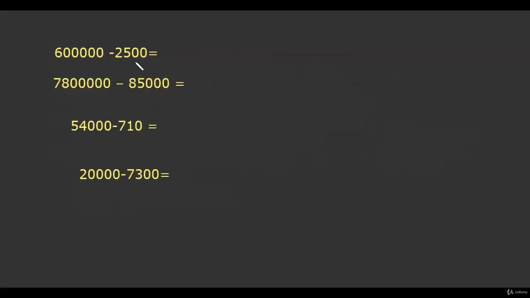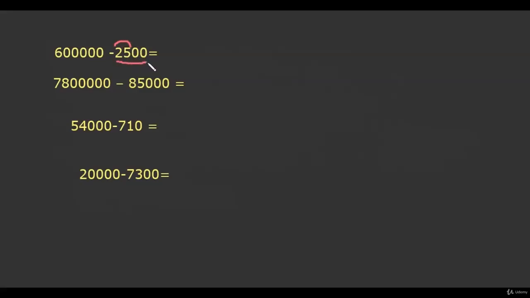Now we are going to take those problems having zeros on the right side of the second number also. So in such cases, we will not apply Nikhilam over here. We will only apply Nikhilam to the significant figures. So at the end of writing numbers, we will copy these zeros as it is. We will apply Nikhilam to 25 only.